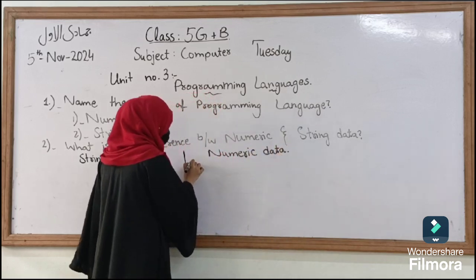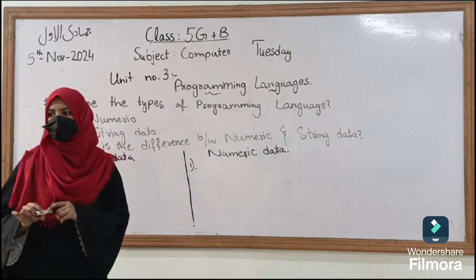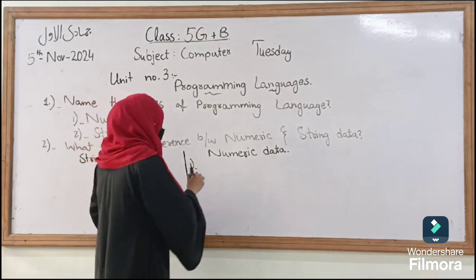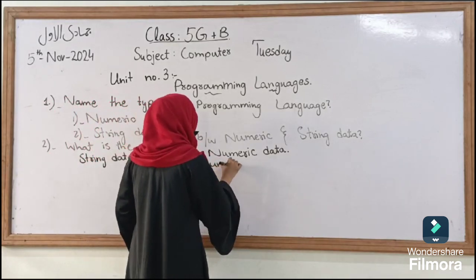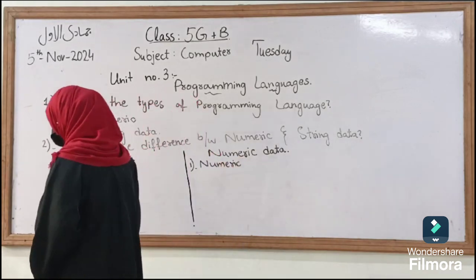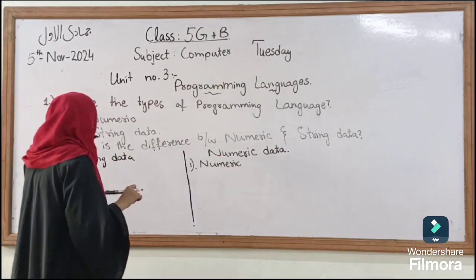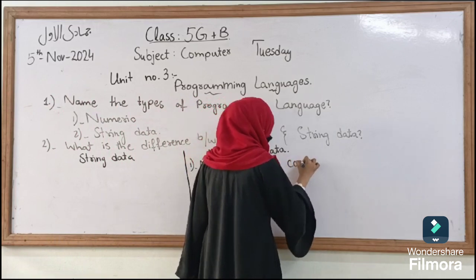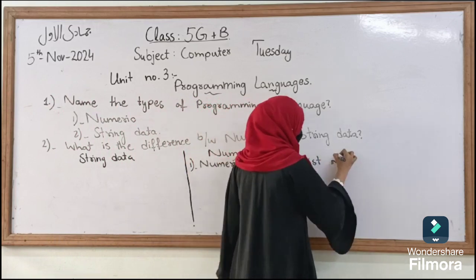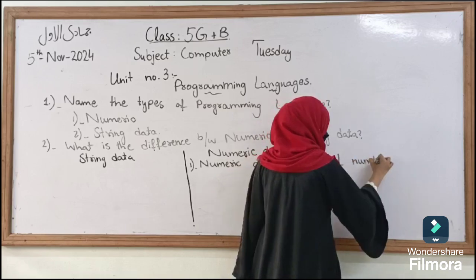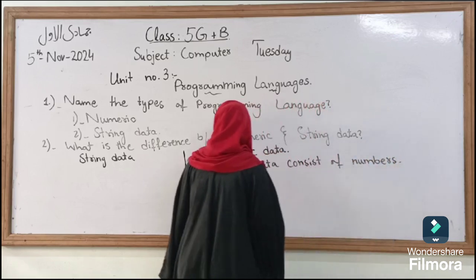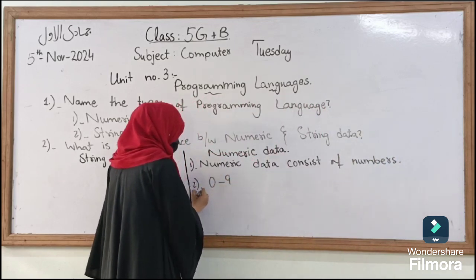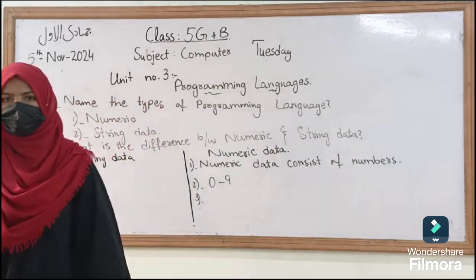So, who will tell me what is the definition of numeric data? Here, Aisha, stand up, tell us what is numeric data. Yes, very good. Numeric data consists of numbers. It can be from 0 to 9. And our third difference is,